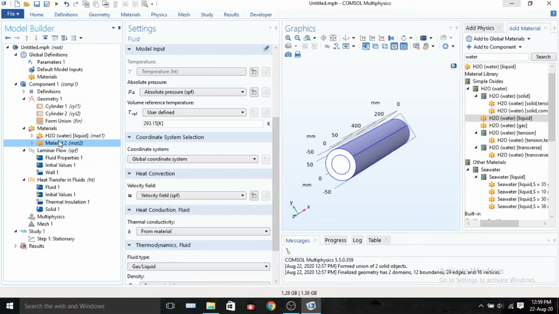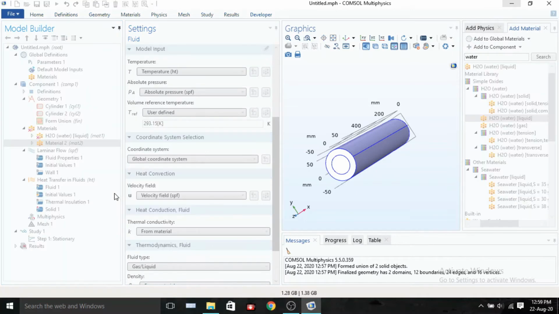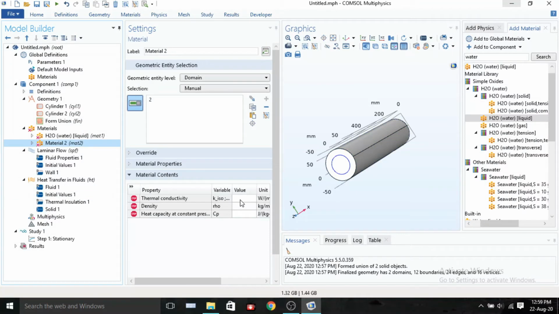Now go to material 2. Earlier some properties like viscosity were needed. Now as we converted this domain into solid, viscosity and other things are no more needed.